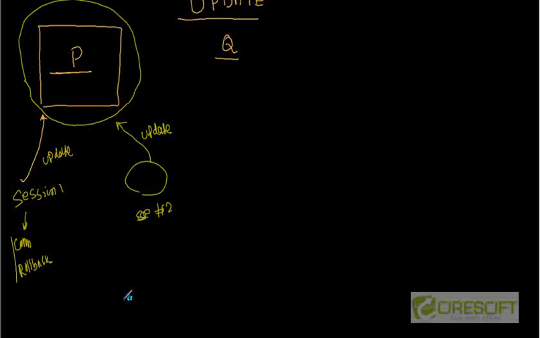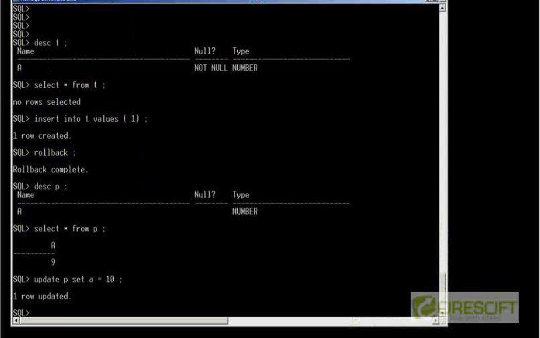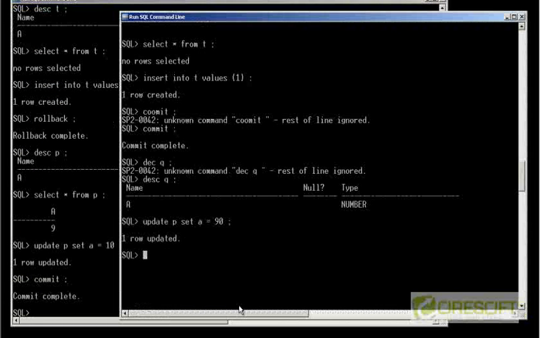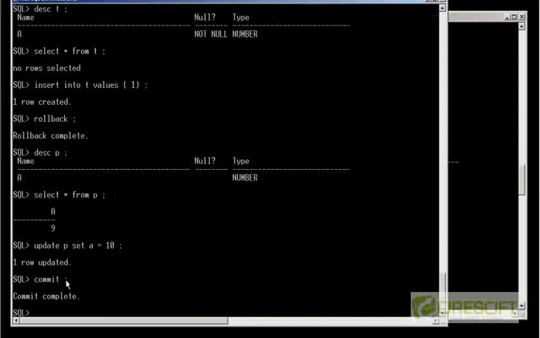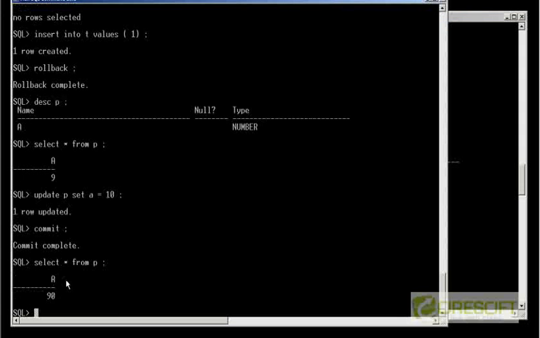So now take another interesting example. We have table P and table Q. I'm going to first commit before I do the next setup demo, so just commit in both cases. Let's say select star from Q is 90, and select star from P is also 90. So we have two tables, P and Q, and in this session I'm going to update